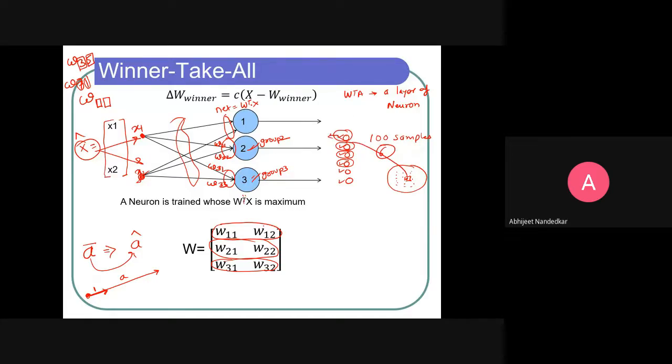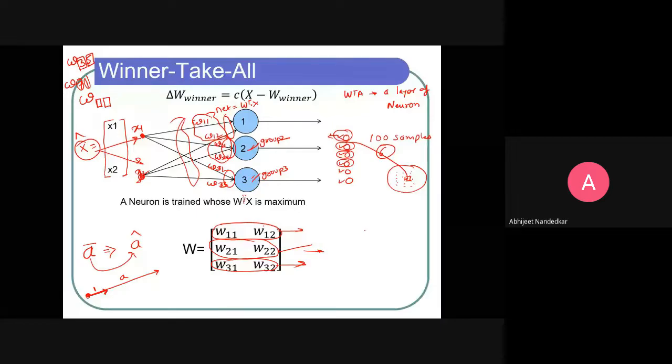You can see here, these are some weights, say W11, W12. They are associated with neuron number 1. So this is W11, this is W12. This is the weight for neuron 1, which after training will converge to the centroid of group 1. Similarly, the weights associated with neuron 2 will converge as the centroid of group 2 and so on. So these are actually centroids. So what is the purpose here?